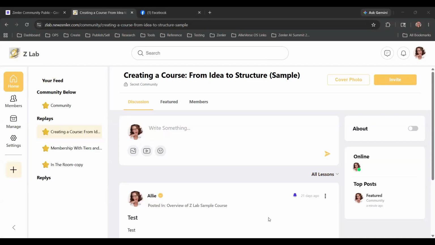So here, let me stop sharing for just a second so I can find the page that I need access to here. So here's the thing that we've got to think about when it comes to community and courses and sites and lesson discussions and course communities and all of these things. There's a lot of different moving pieces.